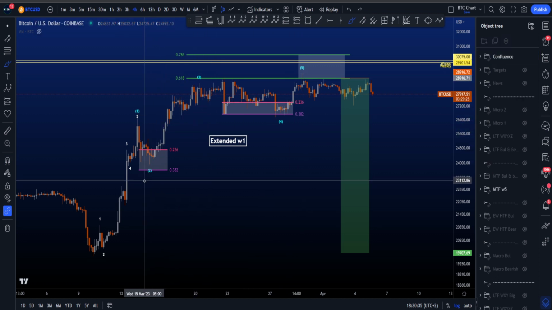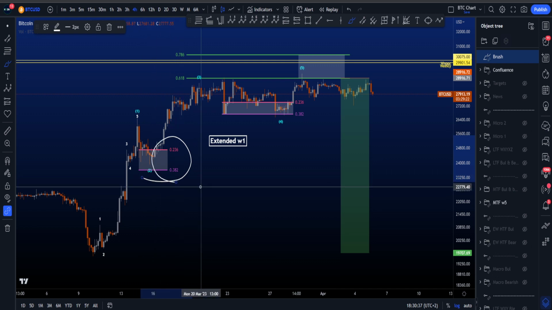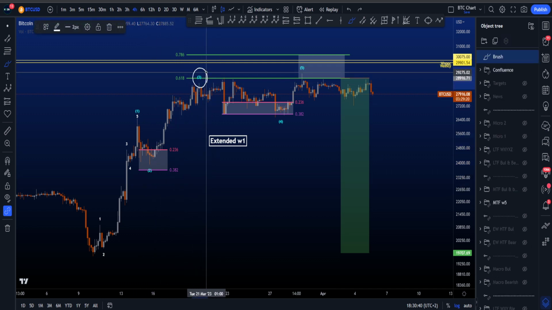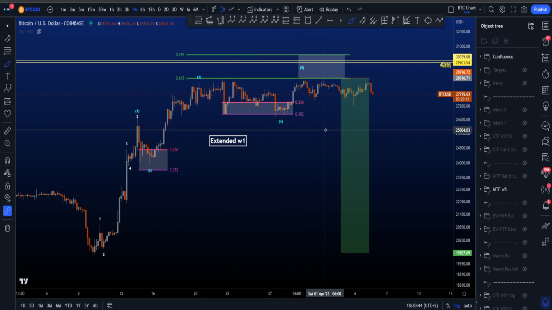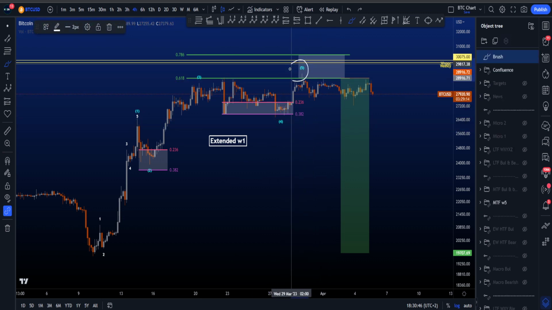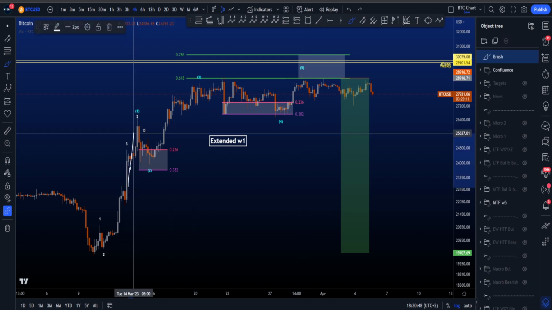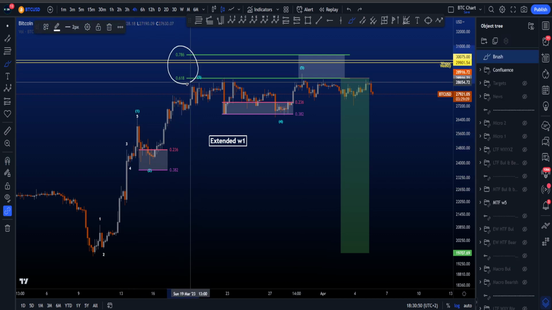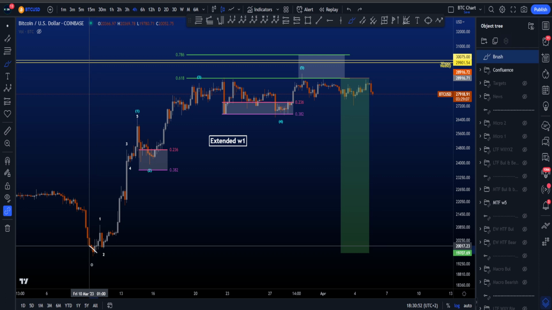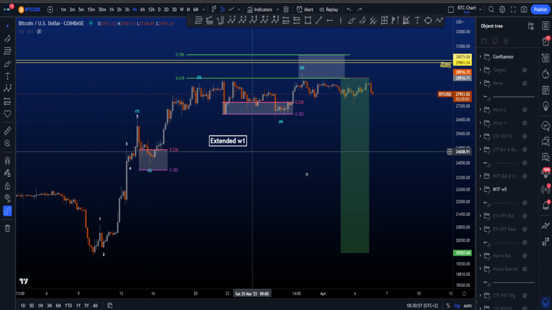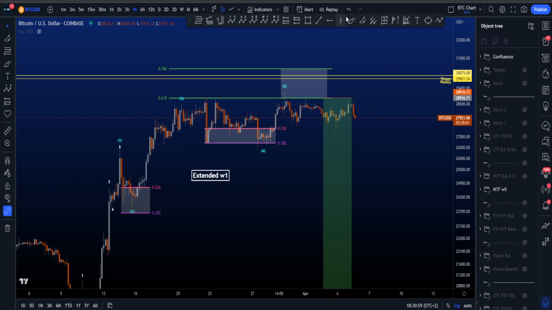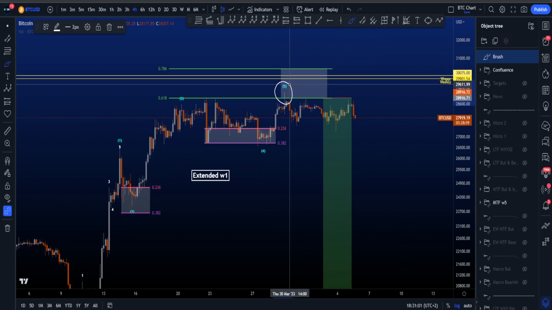The most common target now for a wave 2 is in between these fibs, the 0.236 and the 0.382. Wave 3 does not have a target. Wave 4 most common target is between the 0.236 and the 0.382 as well. And the most common target for a wave 5, if wave 1 is extended, is between the 0.618 and the 0.786, pulled from the low of 1 to the high of 1 to the low of 2 with the trend-based fib extension tool. Now in this scenario, for me, it's very likely this is the high of wave 5,